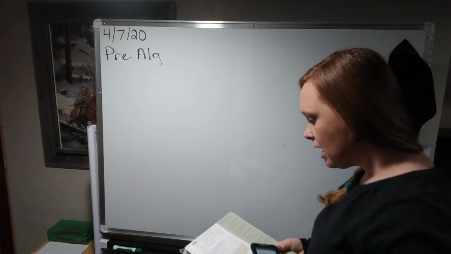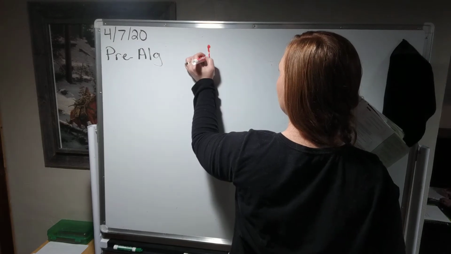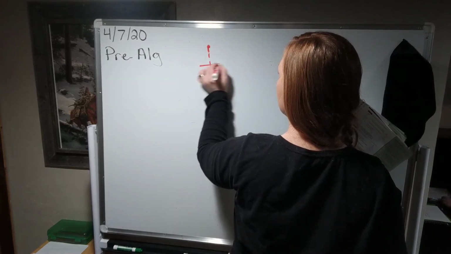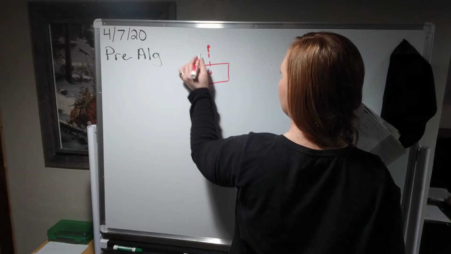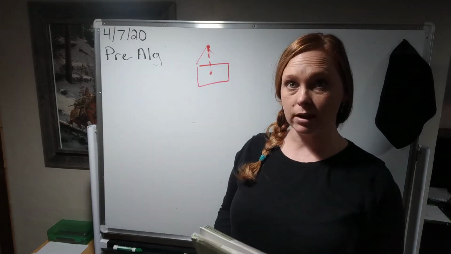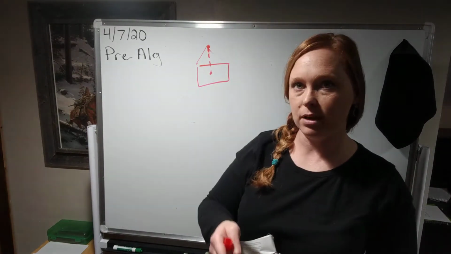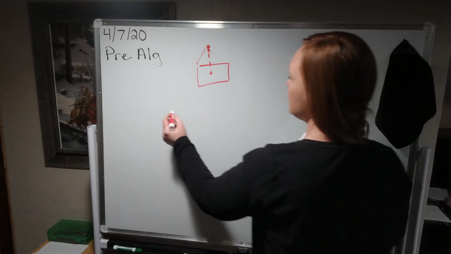Okay, so example 2 says find the slant height of the square pyramid. Now the slant height, remember when we had that pyramid, if I was standing in the middle of the square of that pyramid, this is the height. So if I'm standing in the middle of the square and I put my hand straight up and touch the point, that's the height of the pyramid. Now if you'll remember the slant height,